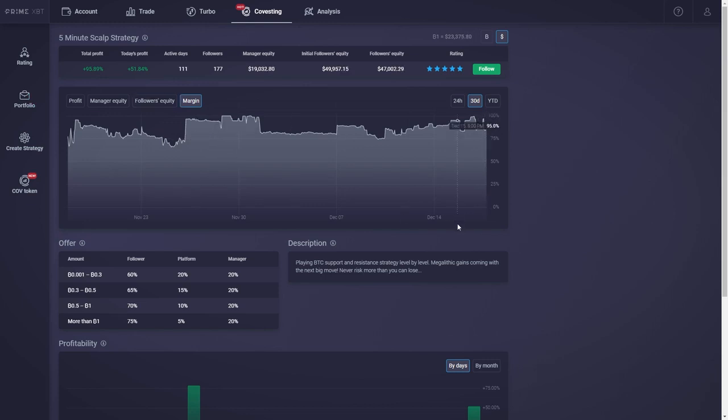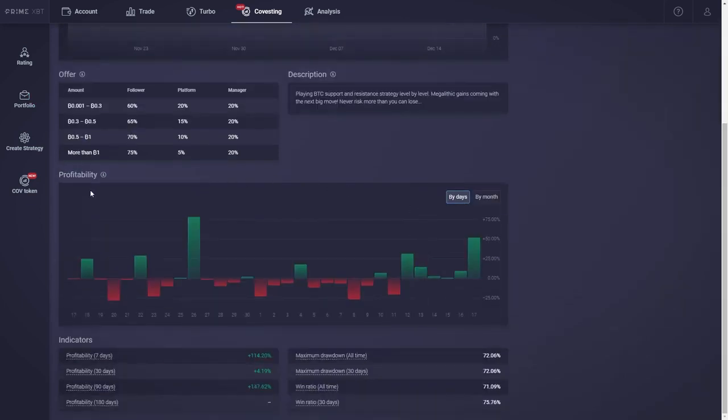And here, if we scroll down right there, you are going to see profitability. So right now we have it by days. Here you can actually see also a very important thing that I would be considering when I would be choosing a trader. So we can see that we actually have more red candles right there. That means, of course, that this trader has been in negative for more days than he was in positive